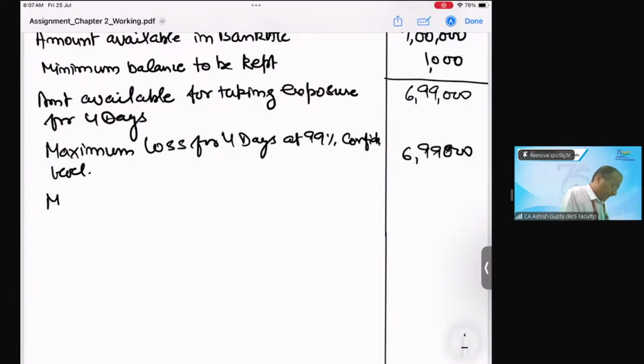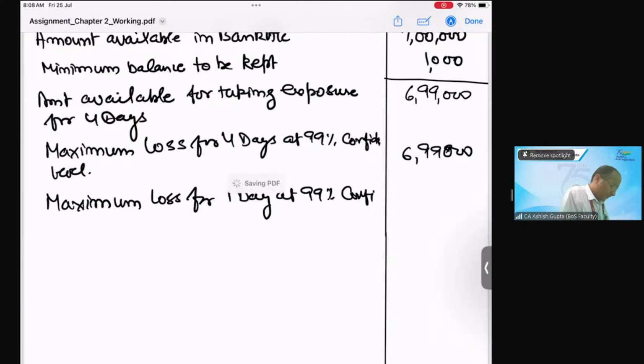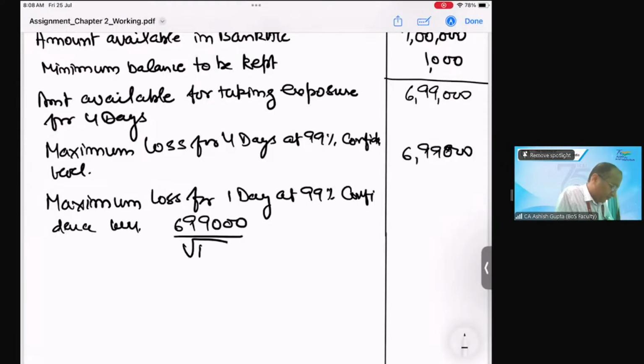Now I go by reverse calculation. My maximum loss for 1 day at 99% confidence level, I can compute by 699 divided by the square root of the number of days. As in an earlier question where the 1 day position was there, I multiplied with the square root. We went with the square root of 10 days. Now here I will go by the reverse calculation. So it comes